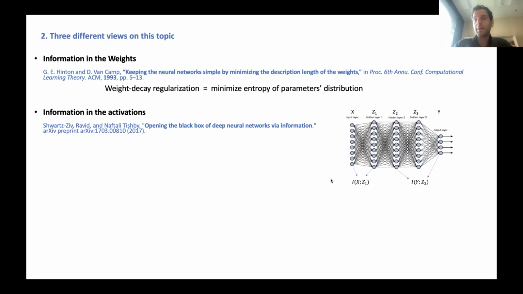First of all, this mutual information is ill-defined because Z is a deterministic function of X. And that means that this mutual information is infinite if X and Z are continuous. So that's the first issue. The way that they address this is by saying that you can add some noise to your hidden neuron activities, but that's going to change the problem completely. That's not what we do in machine learning.